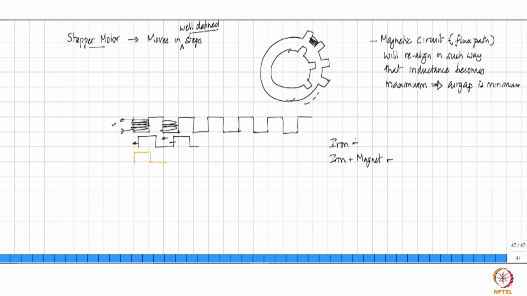Rotor doesn't have anything, it is just iron. On the stator, you have an electronics that will drive this coil. You have to give a signal saying energize this coil, then you de-energize this coil and energize this coil, de-energize, energize. So you must have a circuitry outside and some arrangement to switch. All that has to be done.